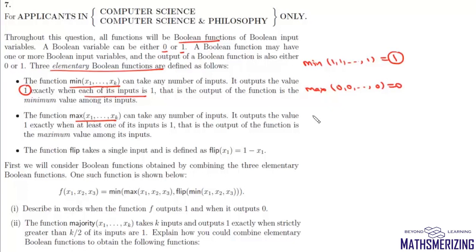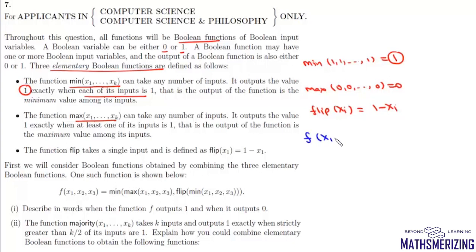And finally, we have the third, which is the flip function, and this flip x1 is simply going to change the value of x1. If it is 0, it'll make it 1, and if it is 1, it'll make it 0. Now we are given a function of 3 variables,